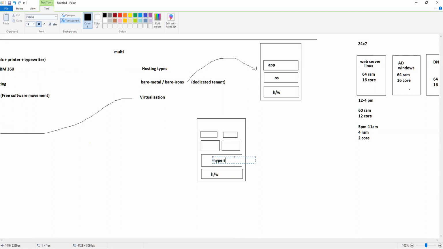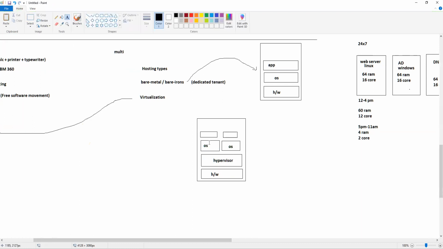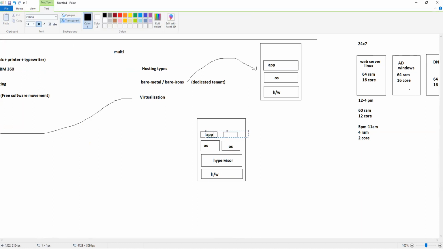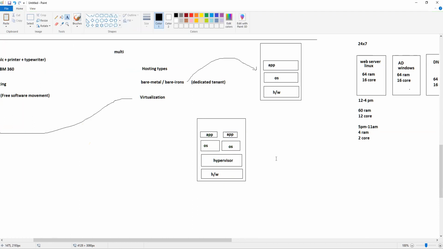So we have the hypervisor, and this is our OS. I can have a Linux OS now, I can have a Windows OS, and I can run my applications here. So this was made possible by a technique called VMware, or virtualization technique. And within that, what we install is the hypervisor. It's just a piece of software which will allow you to run multiple software. So the hypervisor is just software.